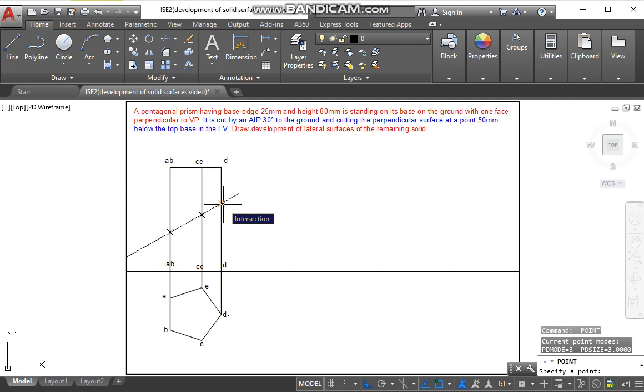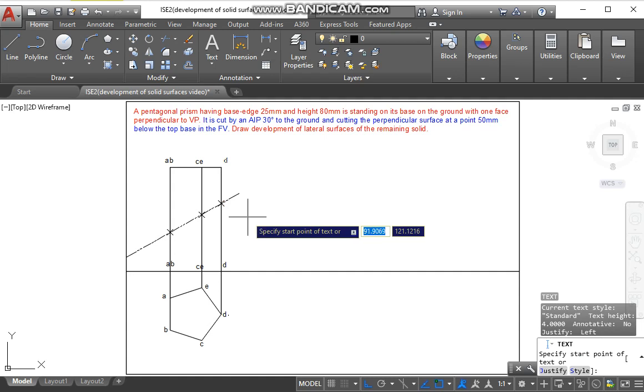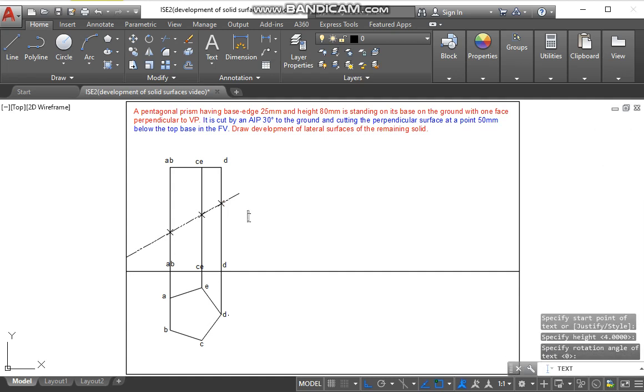And on the edge DD, it would be cutting 1 time. So now we'll give the names to it. Here it will be 1, 2. Here it would be 3. Here it will be 4. Here it would be 5.